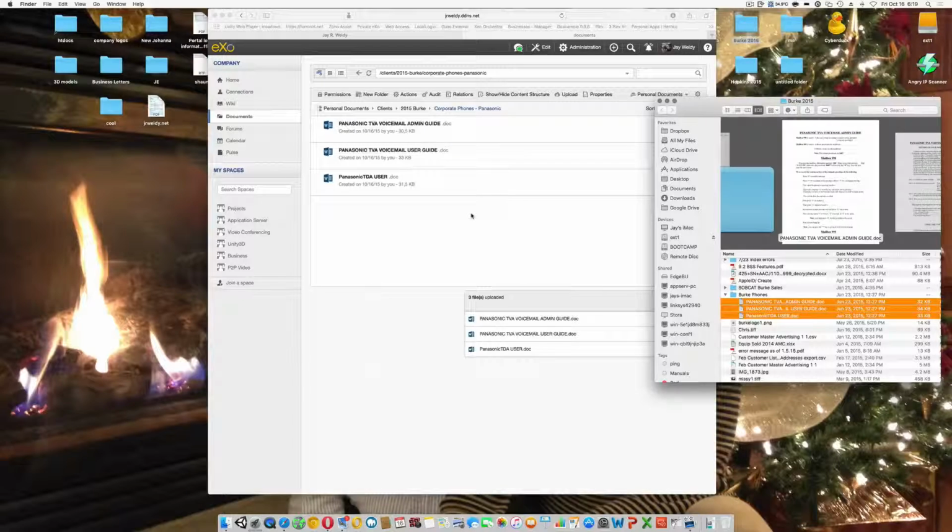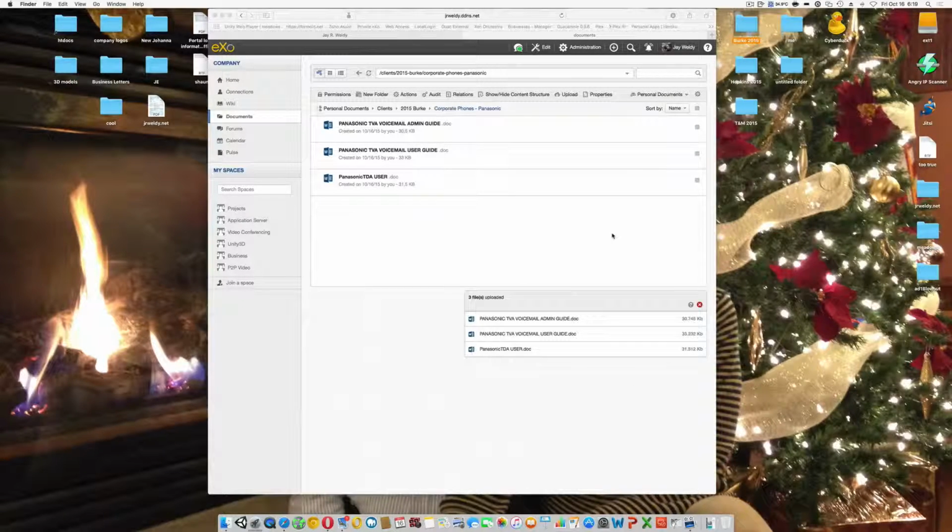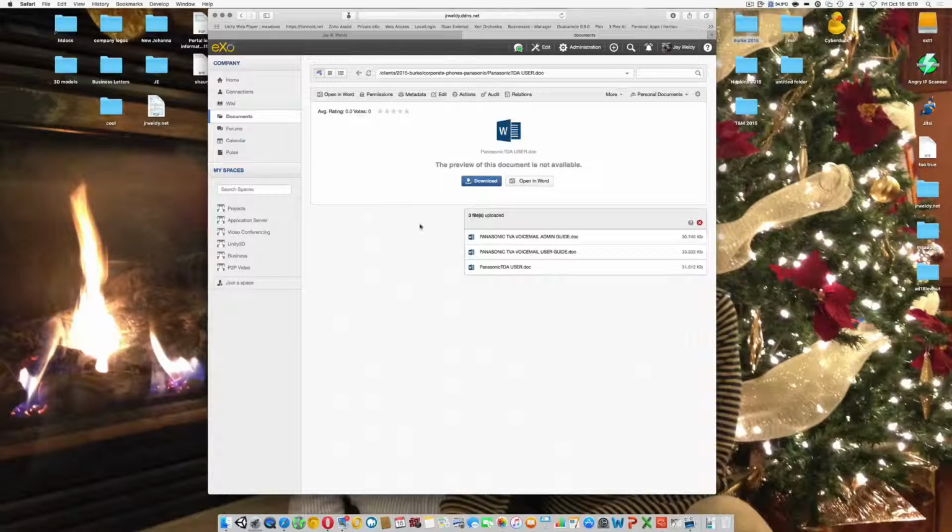It not only handles Excel, PDF, the basic formats, but because I deal with a lot of big graphics, sometimes schematics and building plans, things like that, it handles it beautifully. And we'll go ahead and hit this, and you'll notice that a preview is not available for Word, but